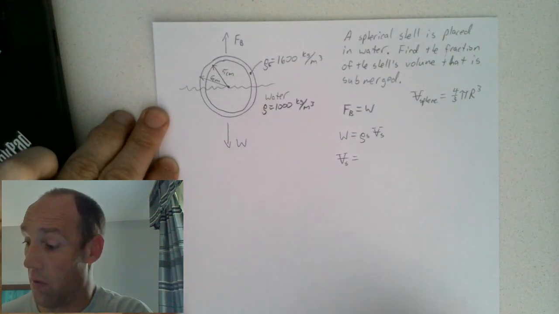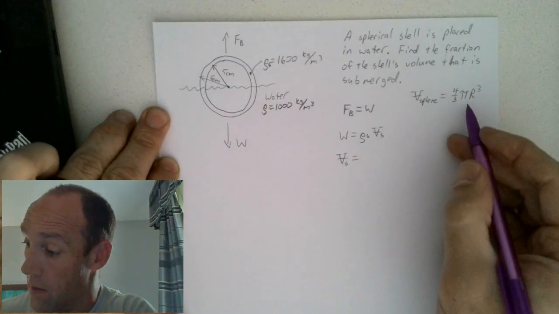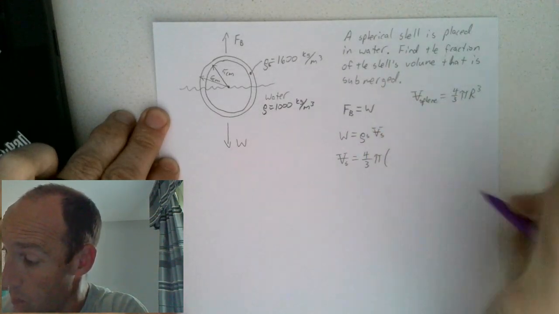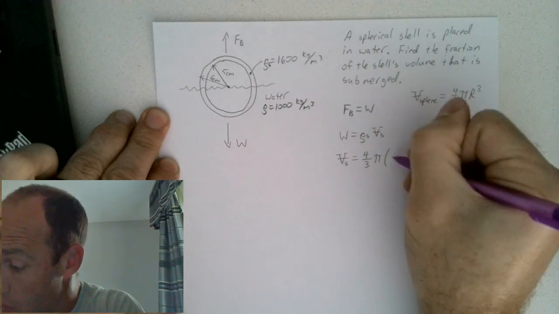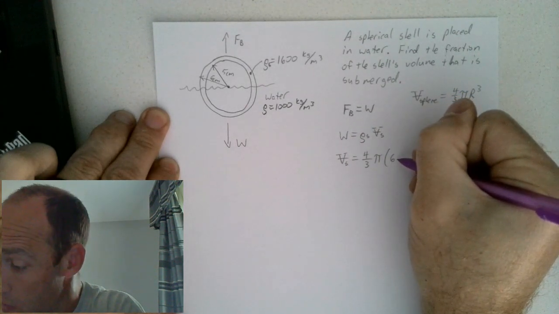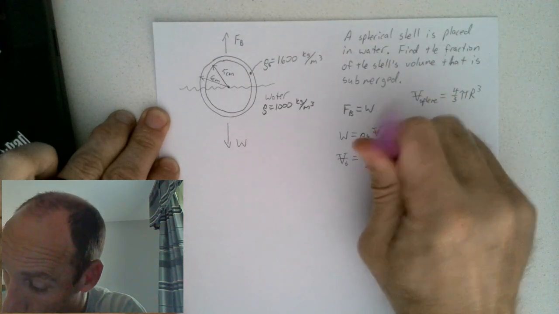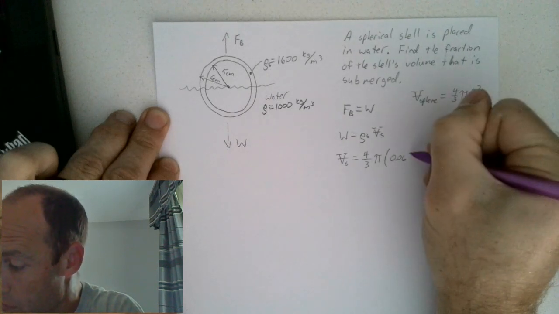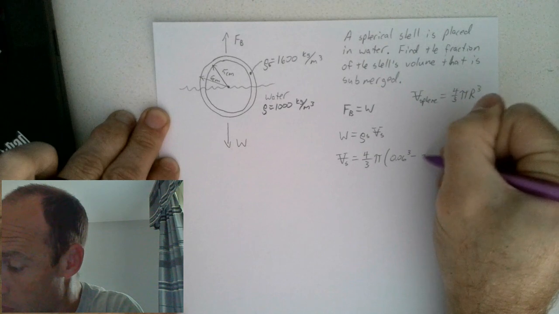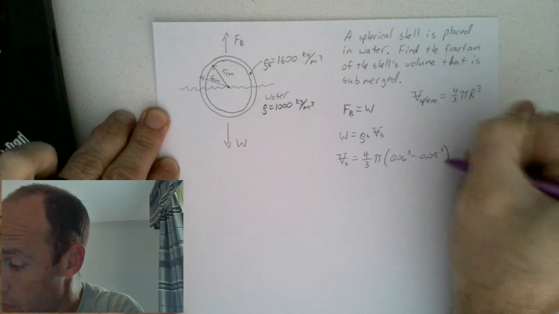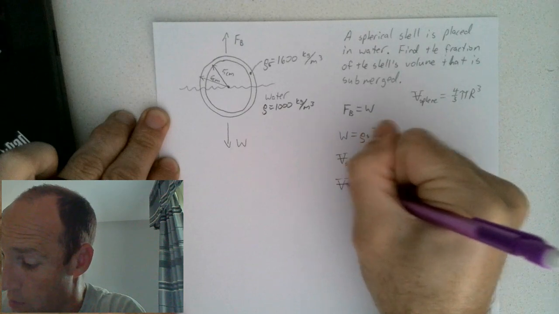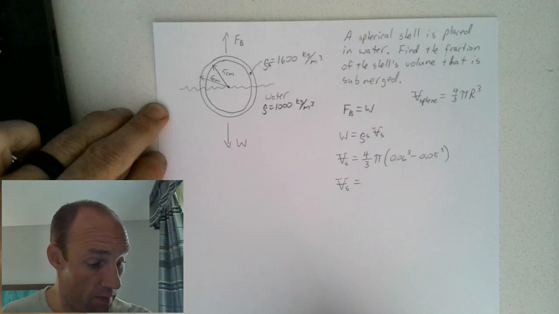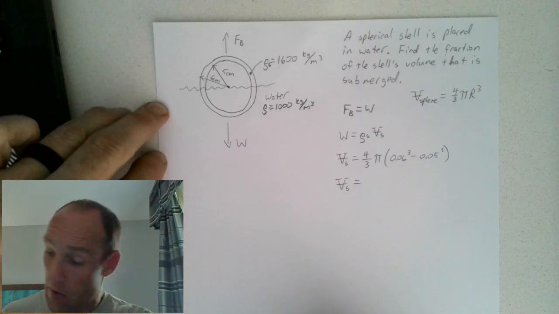That's the volume of a sphere. So 6 centimeter is 0.06 meters cubed minus 0.05 meters cubed. So in cubic meters, the volume of the shell comes out to be